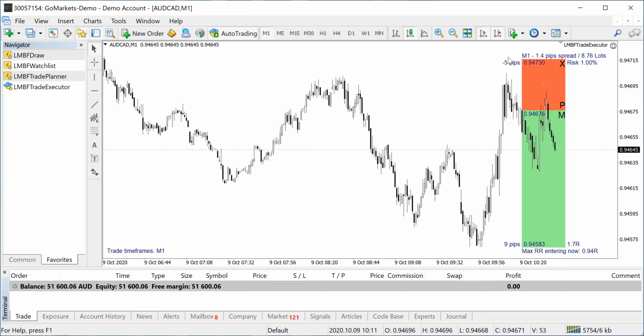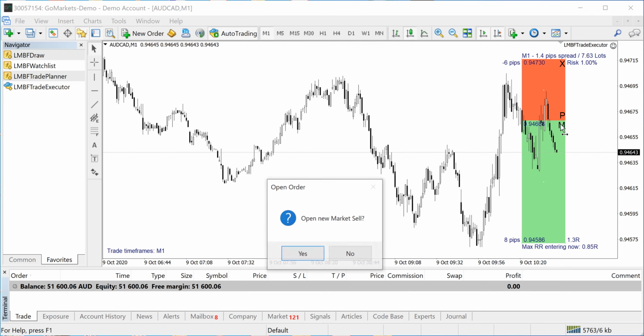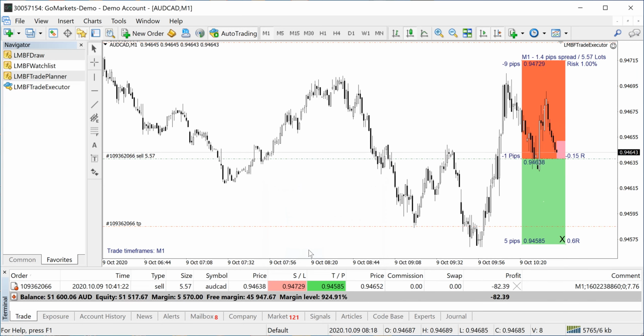So I've got a 5 pip stop loss at the moment, and I've got an 8 pip profit, and this is giving us a 1.4 R. So not too bad. Okay, so I'm just going to enter the market at the moment. So yes,